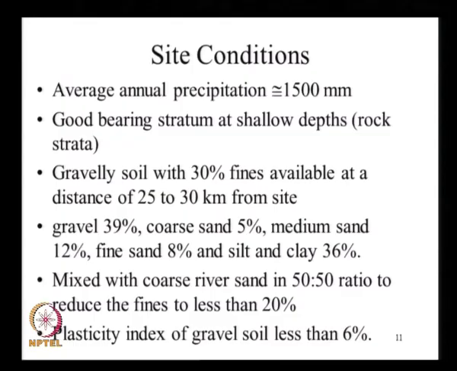That means we do not have to go in for any foundation soil treatment, and the only problem is that there is not much construction fill that we can use at a nearby site. There is a quarry about 25 to 30 kilometers from the site, and it is a red gravelly soil that we call murram, with about 30% fines, and the exact content of this soil,